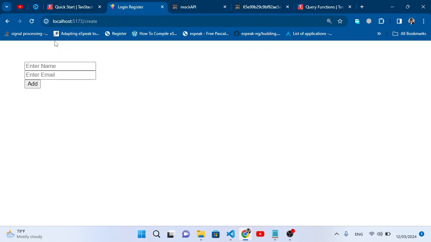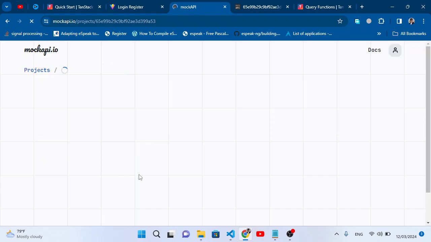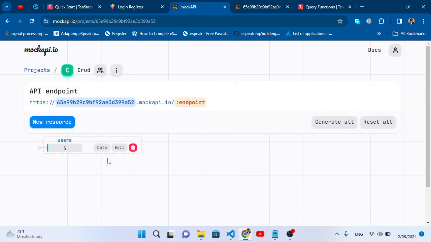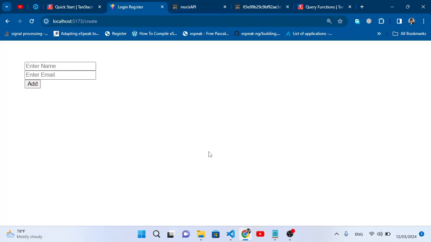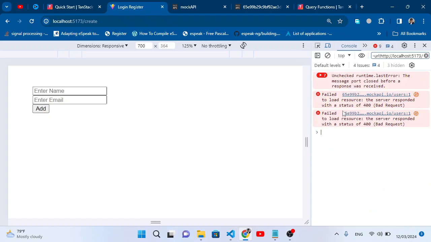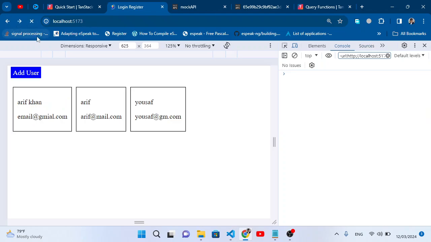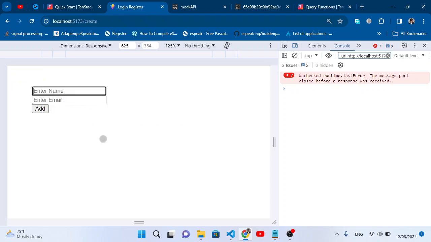Let's come here, and let's first of all refresh our data here. We have 3 records. We had 3 records before. The new record has been inserted or not? No, the record has not been inserted. Let's check it. Let's move to the console. It says resources. Let's refresh it. Add user, and here